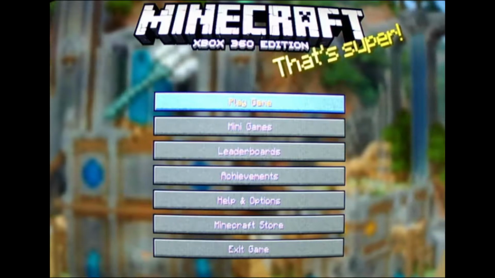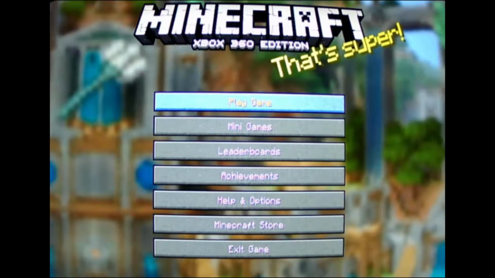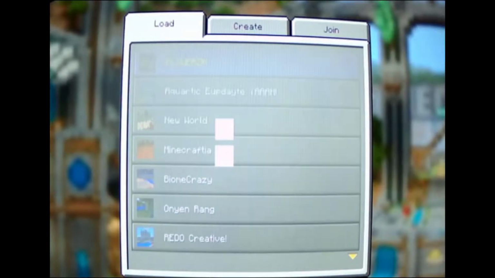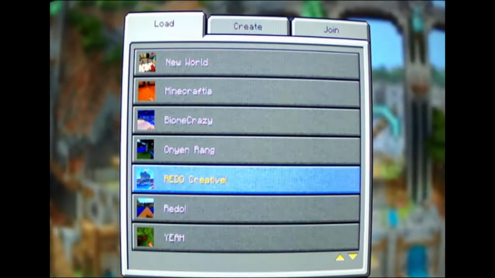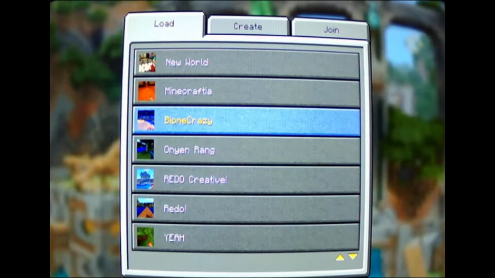So guys, we're just gonna go over these worlds, and I'm gonna show you around this place. Hope you enjoy seeing some big builds and stuff like that. Maybe it can inspire you, and let's just jump right into it. Alright, so some of these are kind of named funny because me and my mom play on the Xbox 360 a lot, so we've had a lot of fun here. And so, let's just